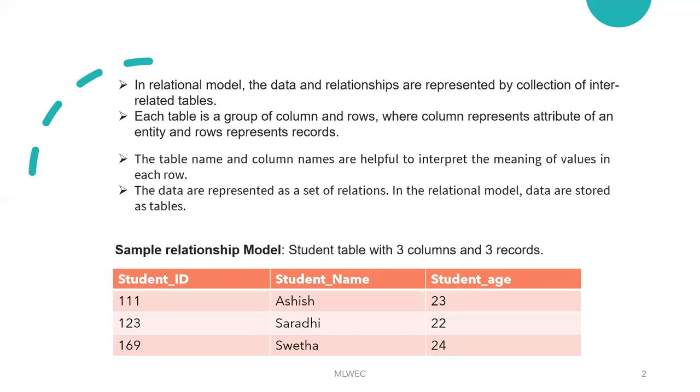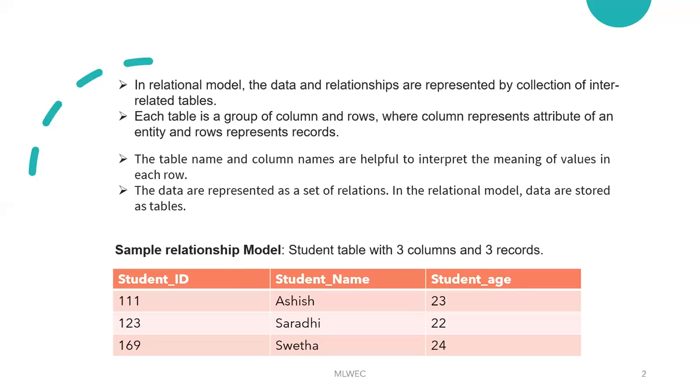So in a relational model, the data is stored in table format. As an example, we consider a student table with 3 columns and 3 records. You can observe here the columns student ID, student name, student age describe the properties of the student. These column names we can call attributes of the student entity.